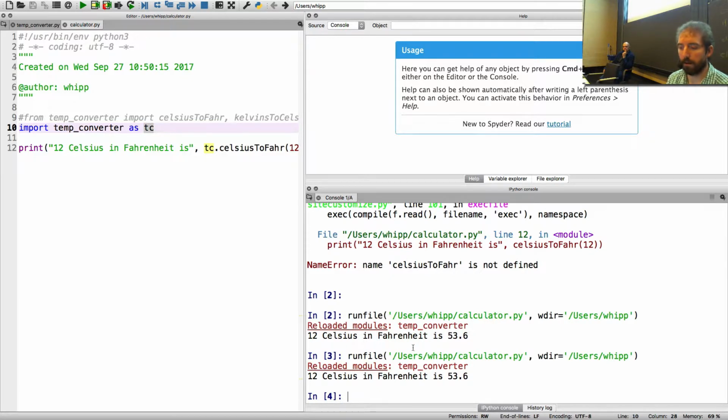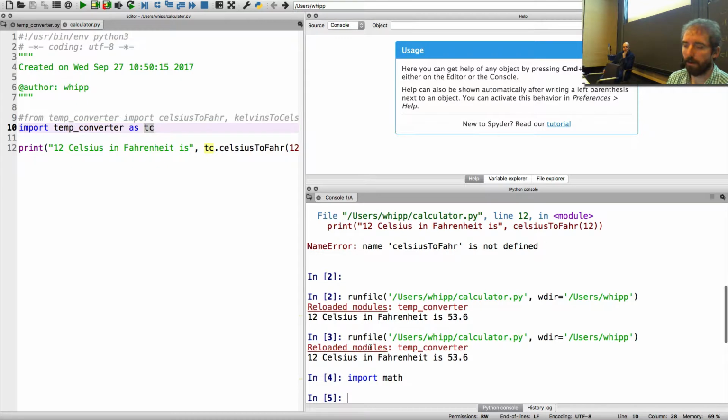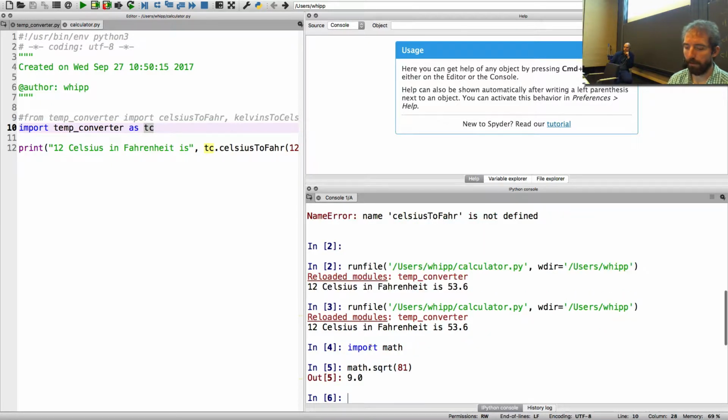So if we go back here to the IPython console for this bit of the lesson, we could type in import math. What that does is it loads a module called math that contains a bunch of functions related to doing mathematical operations. So we can do things like math.square root of 81